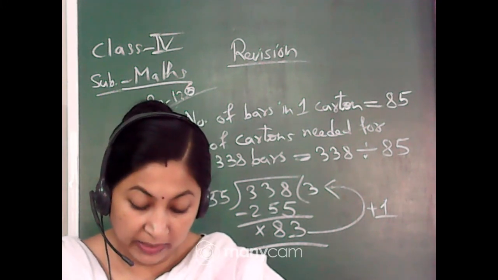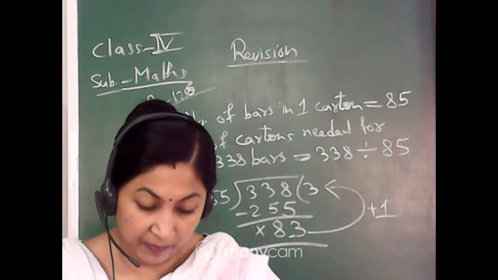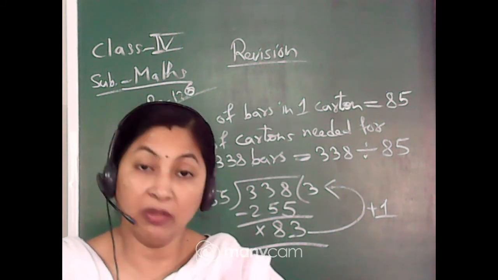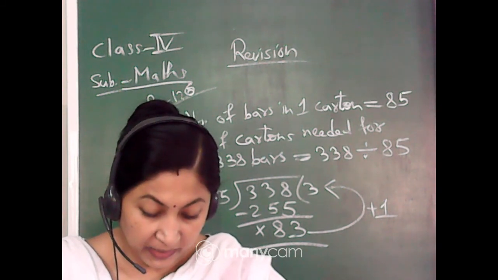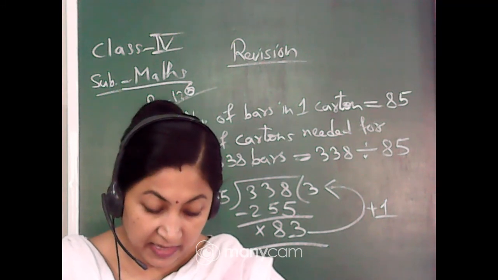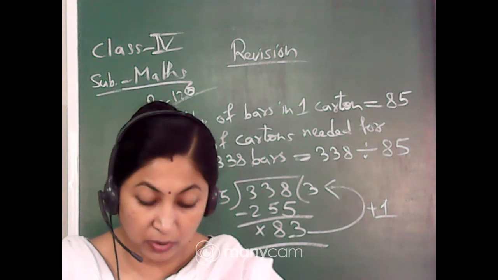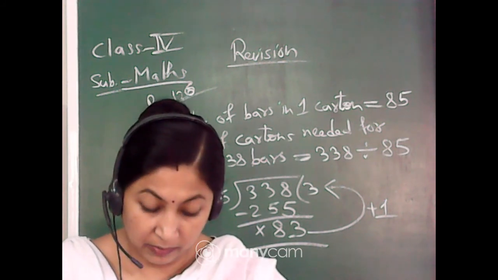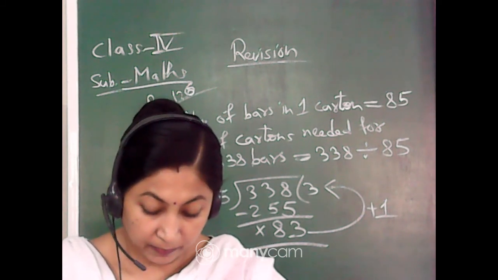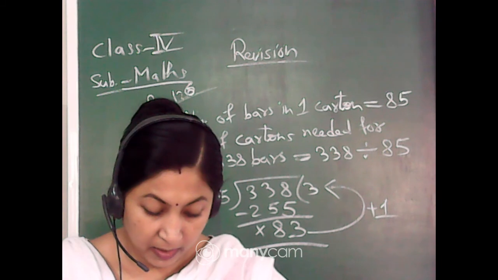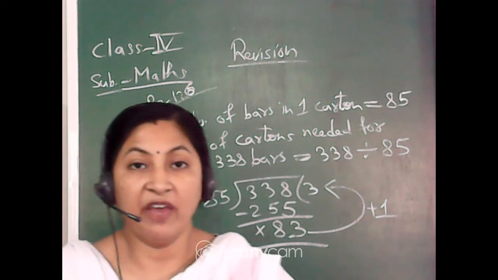After that, below the table there are some questions. Those questions also you will solve. There are 3 questions, so solve all the 3 questions. It is important for your assessment. Then the chapter Fields and Fences. In this chapter you will practice all the questions related to area and perimeter. This is also an important chapter. You will practice these things. Then after that, smart chart, that we have already practiced.